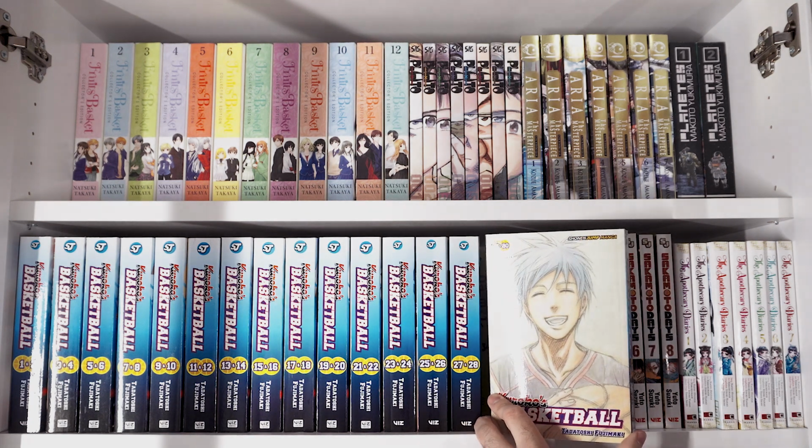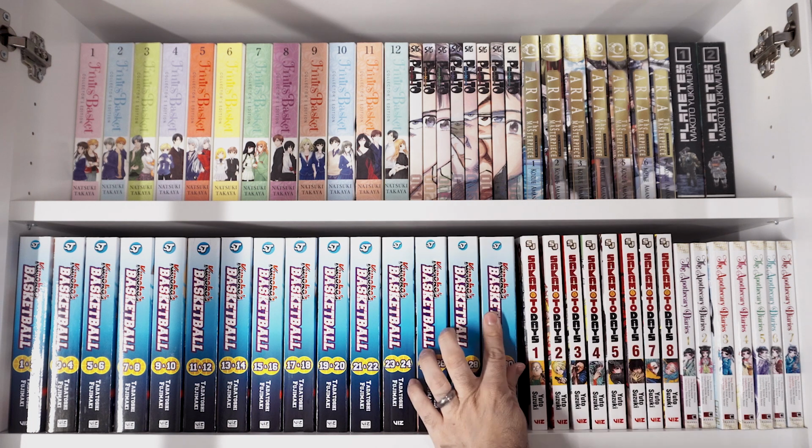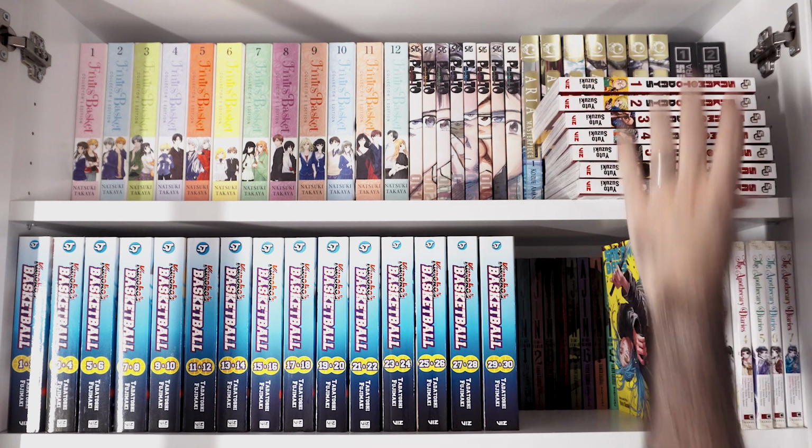Basketball. This series, I was looking for just another sports manga. I've really gotten into sports manga lately, and this one got finally reprinted. So because of that, I went and picked it up, and I was surprised that I got series a lot faster than I thought I would. Is it as good as Slam Dunk? Probably not, but still, if you're looking for another sports series,